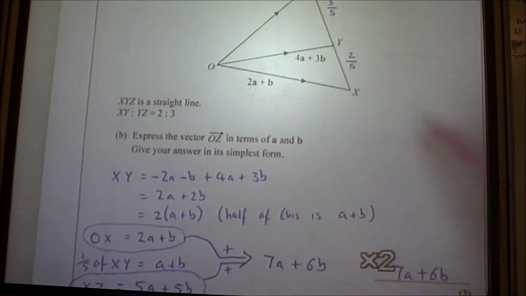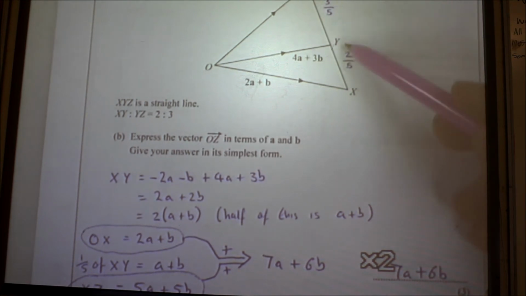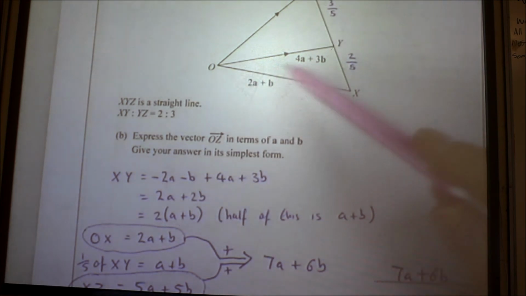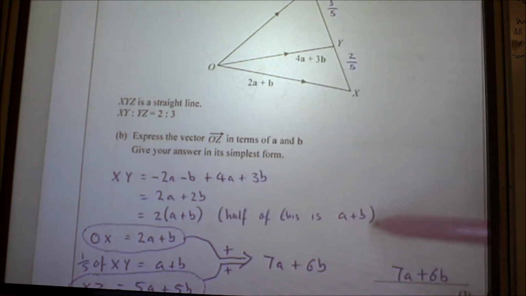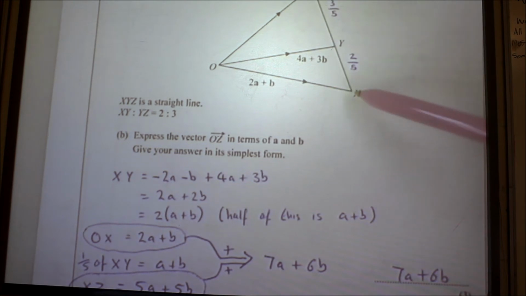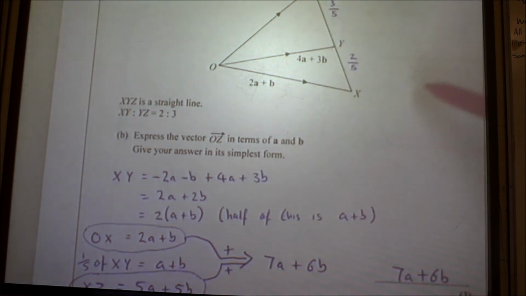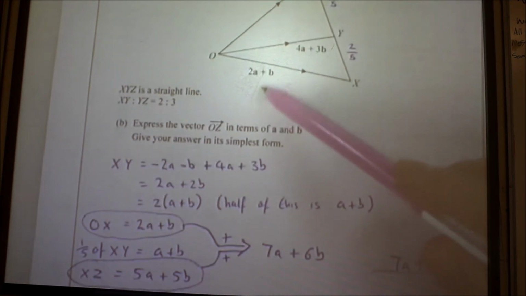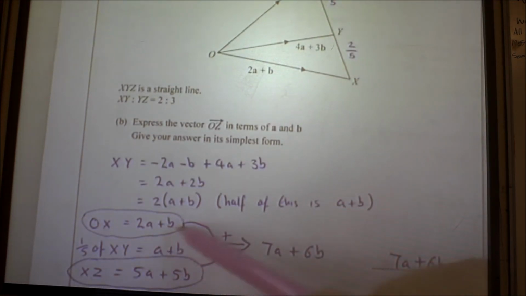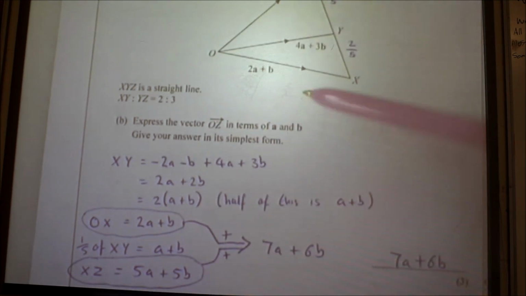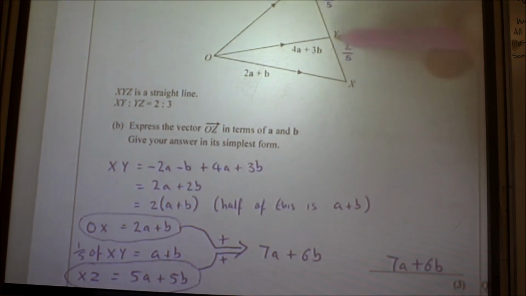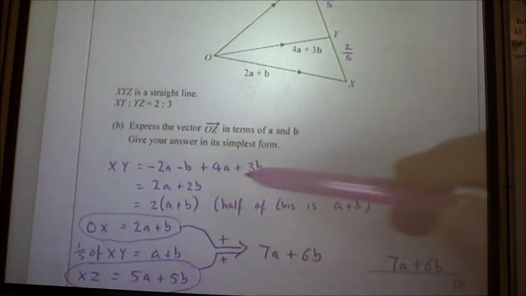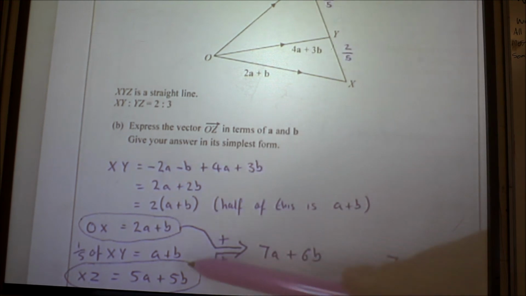X to Y: to go from X to Y here, it is minus 2a minus b, add 4a, add 3b, which is simplified, and this is what we had before. So that's how to get from X to Y. To go from O to X, it's 2a add b. So that's what O to X is, 2a add b. And the X to Y was